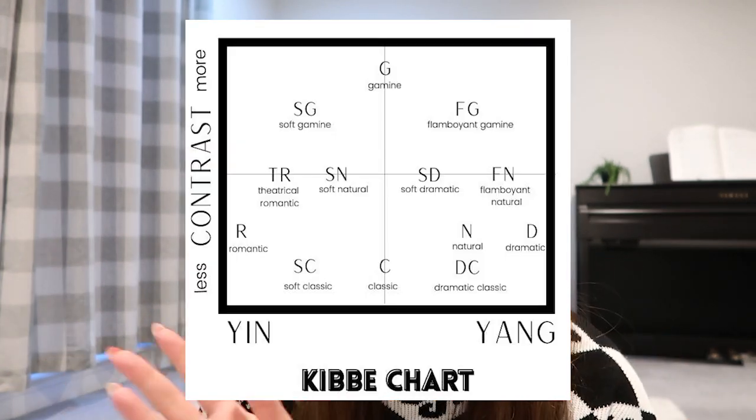But seeing these TikToks that tell you exactly what to wear to flatter your Kibbe body type, I've been much more inclined to give it a go. So with the Kibbe system, you take into account your flesh, bone structure and facial features, which is then used to put you on an axis from yin to yang and contrast and blend. So it does sound very complicated, and I think it actually is a little bit more complicated than most usual